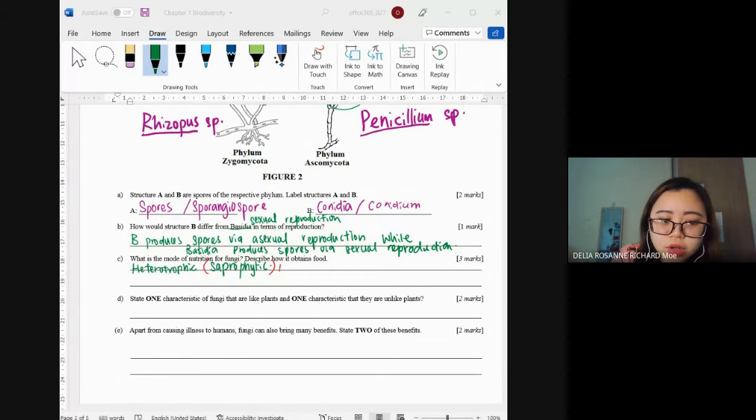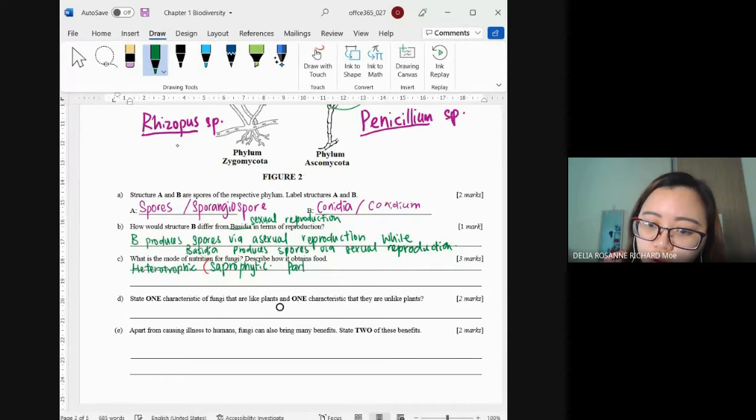Almost there, almost there. Cuma kamu perlu cakap macam mana dia absorb. Untuk explain macam mana dia absorb, kita cakap dulu yang dia akan keluarkan enzim untuk mencerna makanan dia, baru dia serap makanan dia. Okay, so to put that into sentence, we can talk about the mycelium first. Kita boleh cakap part of mycelium. If you remember what is mycelium lah. Part of mycelium